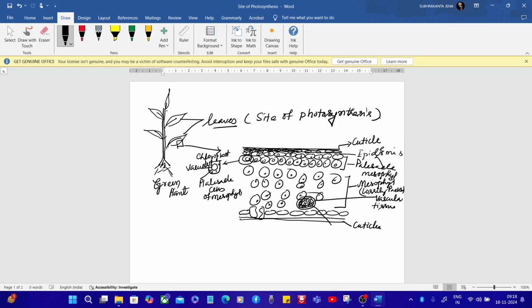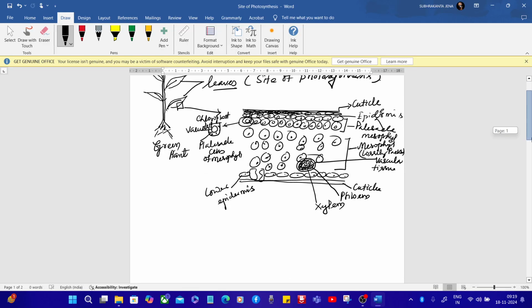Here at the exterior portion you will get the phloem, and inside these cells you will find the xylem. And this structure, these cells, particularly this layer, is the lower epidermis, and just beneath this you will again find a cuticular layer. If this is the scenario of the histological section of the leaf, then if you take one cell,